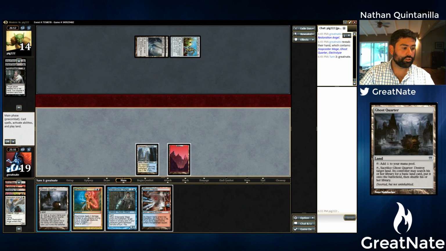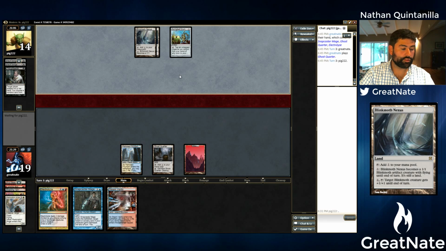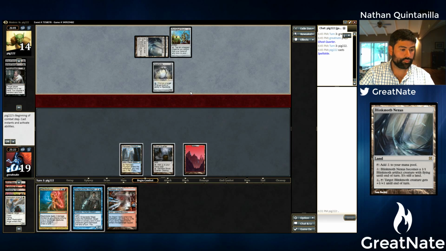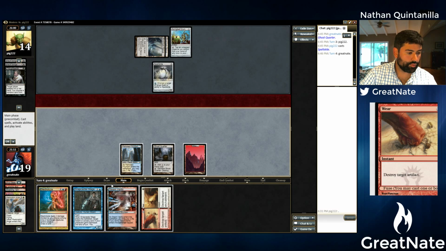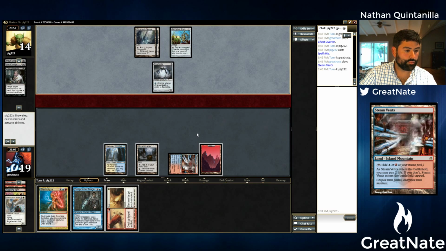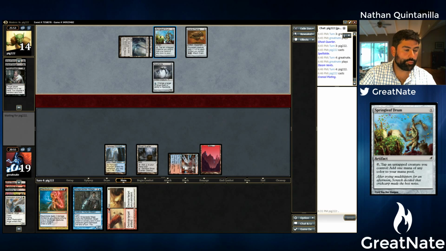Alright, well, I'm going to play this Ghost Quarter just so we can have our Electrolyze online. Spell Queller. It's a Spell Queller. That's pretty timely. I'm just going to play this tapped. Cranial Plating, that's a problem. So, assuming he passes,